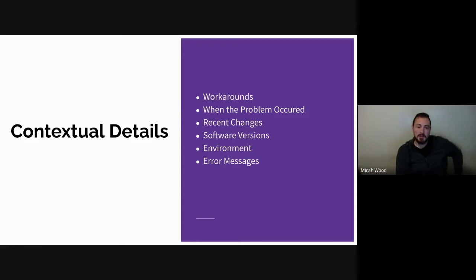Sometimes error messages only show up once every 10 times you load a page. So you may not see it again, but it may be an ongoing problem. And a lot of times those intermittent problems can be very difficult. So when you see an error message, grab a snapshot and keep it handy.